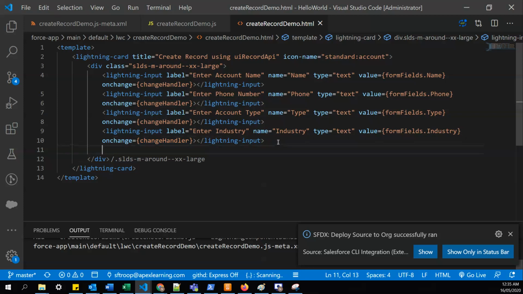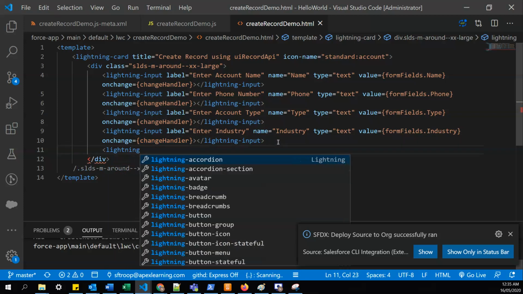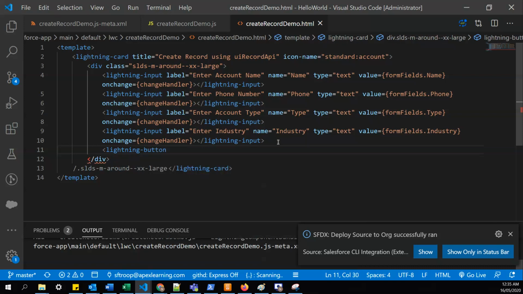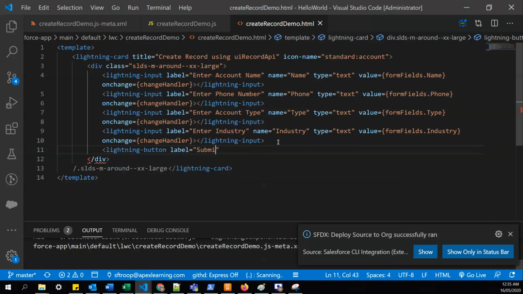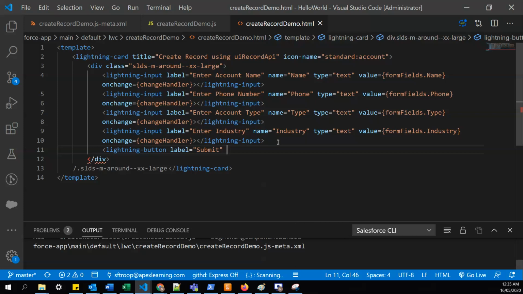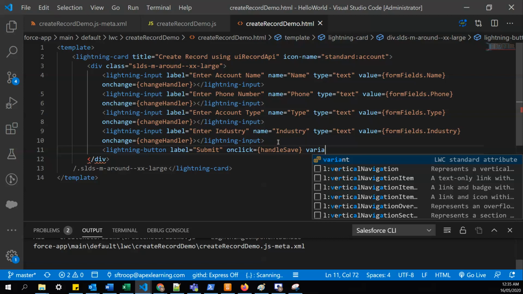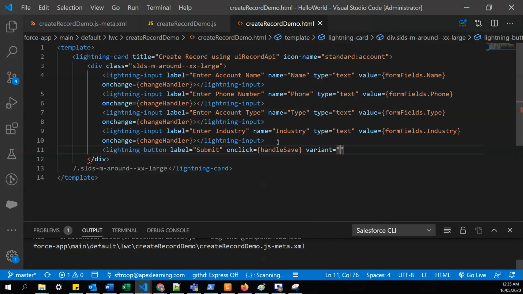So I'll create the lightning button, and I'll say label submit, and on click of this button we're gonna call handle save, variant brand,